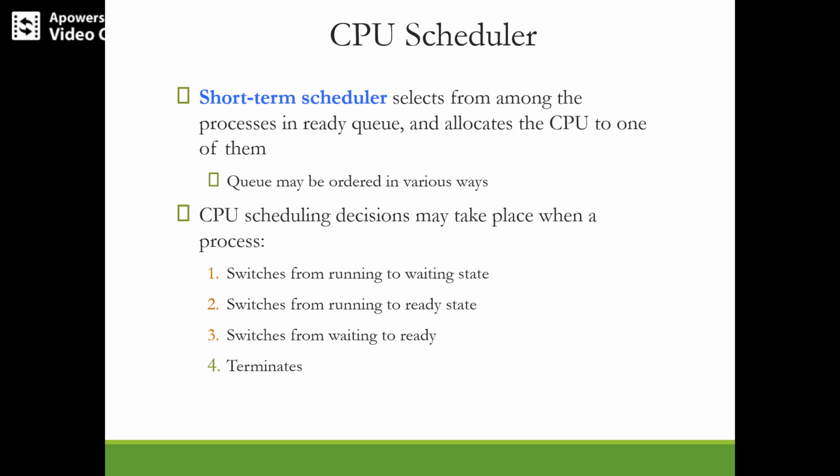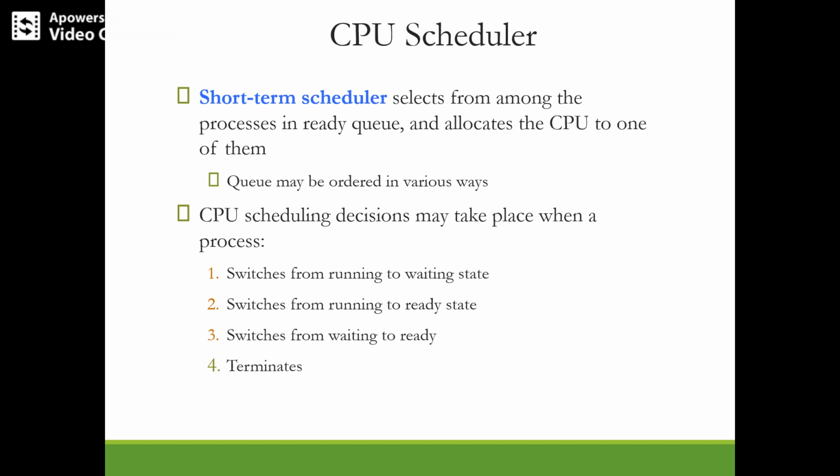so a CPU bound process tends to use the processor more. Okay, whereas an IO bound process tends to use the processor only briefly before generating an IO request. There is a scheduler called the CPU scheduler, or the short-term scheduler, and this selects the process in the ready queue and allocates the CPU. The scheduling mechanism is a part of the process manager that handles removing the running process from the CPU and selecting another process.